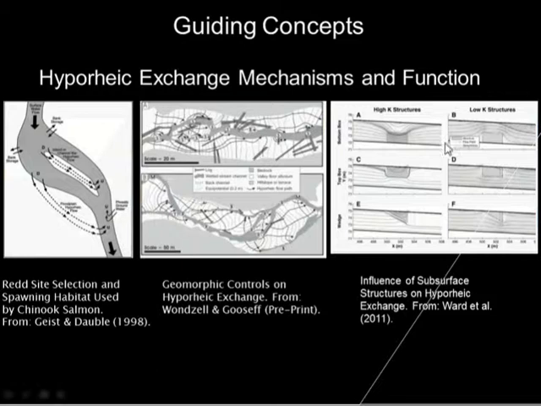This example here on the right from Ward et al. shows that when you change the hydraulic conductivity within the stream bed, you can affect the flow lines to either go up or down. Essentially these blocks mimic what a large log jam would do. So if you have a stream that has water temperature problems, adding a series of large log jams that induce hyporheic exchange into the groundwater will potentially increase or decrease your temperature downstream through that exchange.